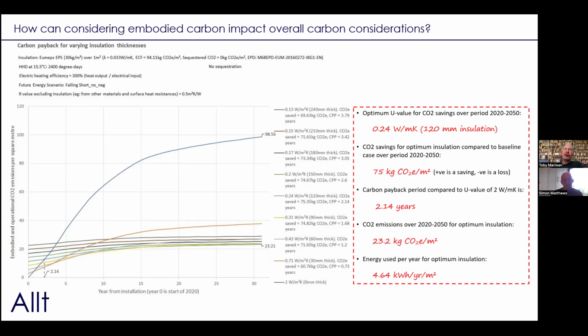So that's one extreme in a way. So we've got a pessimistic grid. We've got a heat supplied by a heat pump. So it's assuming a coefficient of performance of 3. But if we were to look at